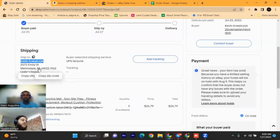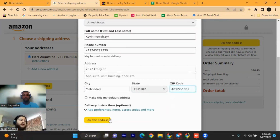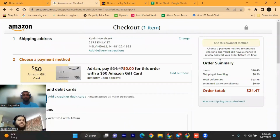Just for anybody watching, go ahead and Google what MI means, and then you'll find out what the state means. So we'll copy the zip code. And then you don't need to make it default. We'll press use this address. And then what's gonna happen is it's gonna show you